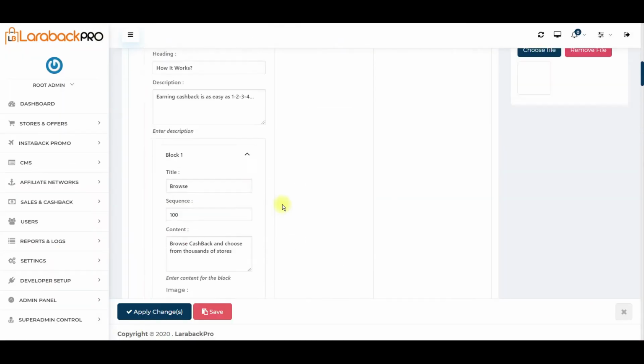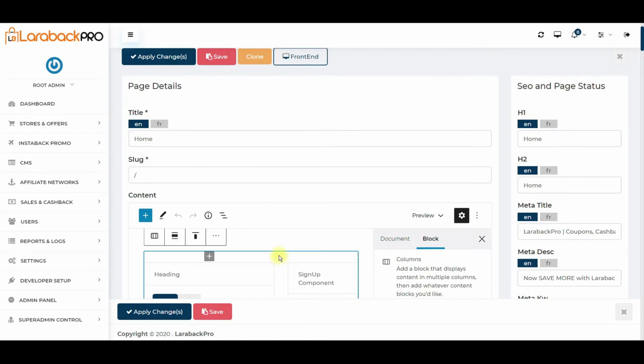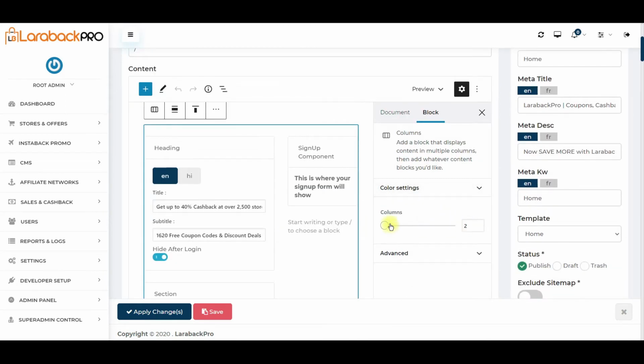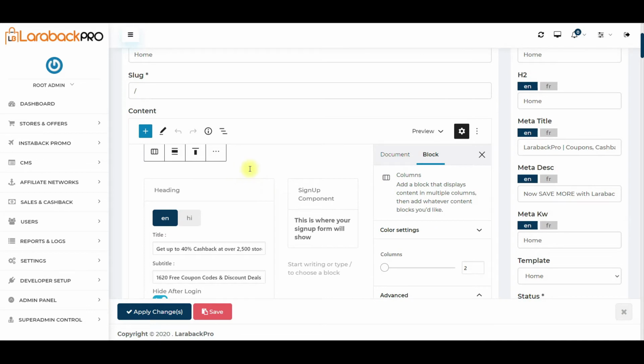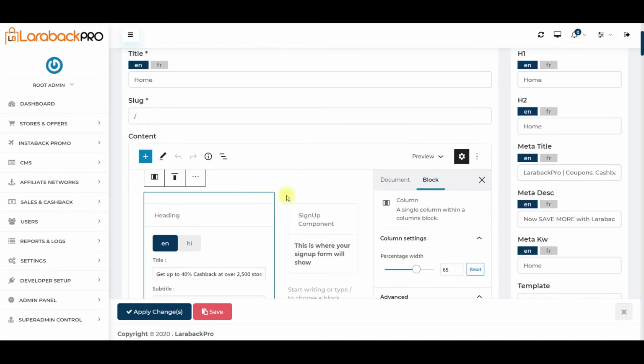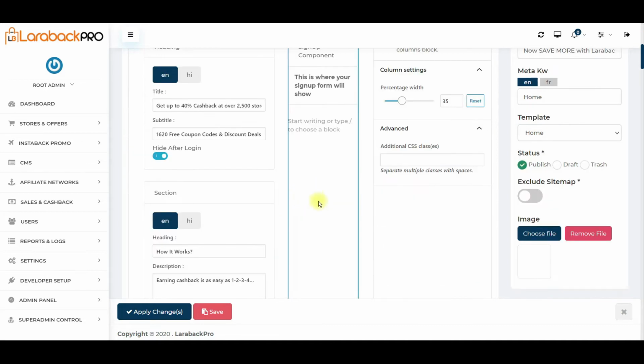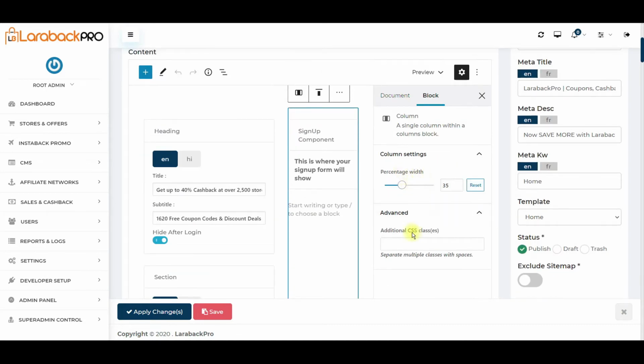Next, if you notice this, we have created a block, and there are two columns, and we have given some special CSS class here. So if you want to have this kind of layout on another page, it is possible. However, you will first have to define two columns, one with 65 and another with 35 percent weight.